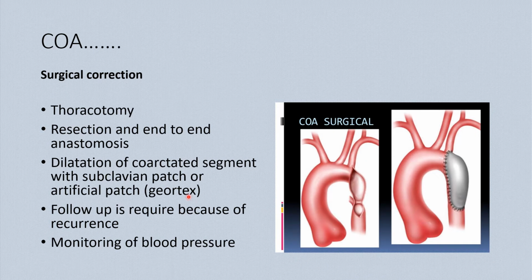Very rarely surgical correction is required, meaning we have to do thoracotomy by opening the chest. The part of the narrow aorta is exposed, and most of the time it is resected and anastomosis is done. But if this part is resected and sutures are applied over here, there are chances that this narrowing or stenosis would reoccur. So it's better to apply a subclavian patch graft, or sometimes an artificial material graft is applied,